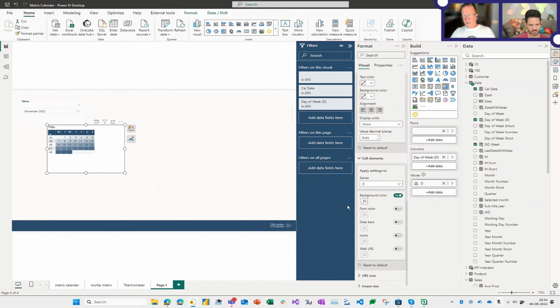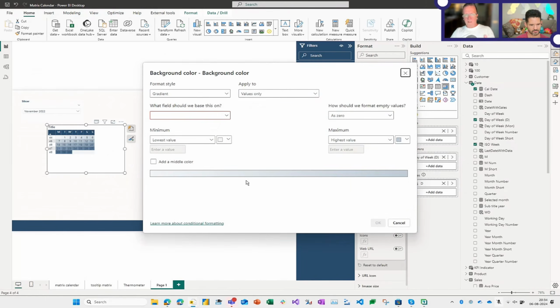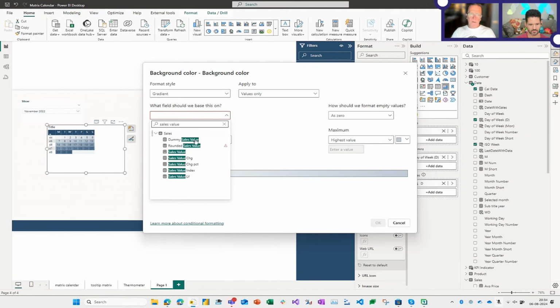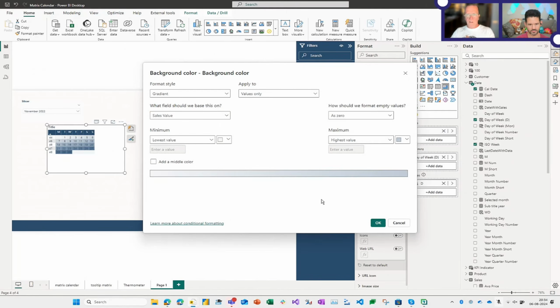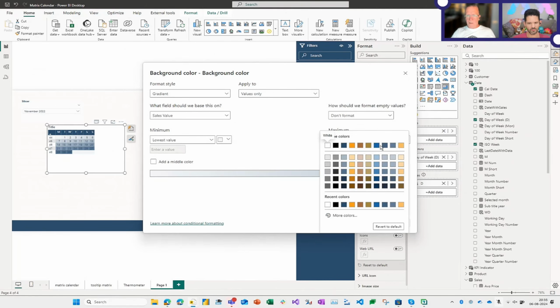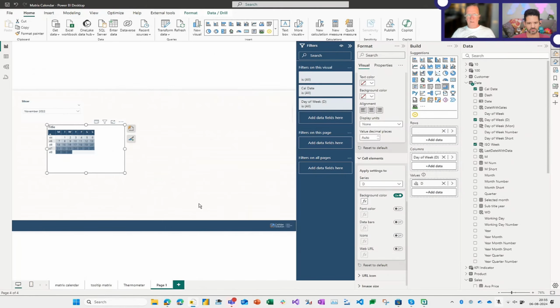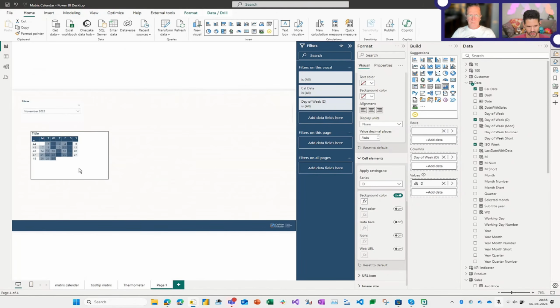Now it just uses as from 0 to whatever, and then we could add the sales value as what we want it to highlight, and empty value should not be formatted. So the date here shouldn't be formatted, and we could make it even darker at the end. Now you should think about how the text, of course, should be formatted. Quick little trick what you can do is go